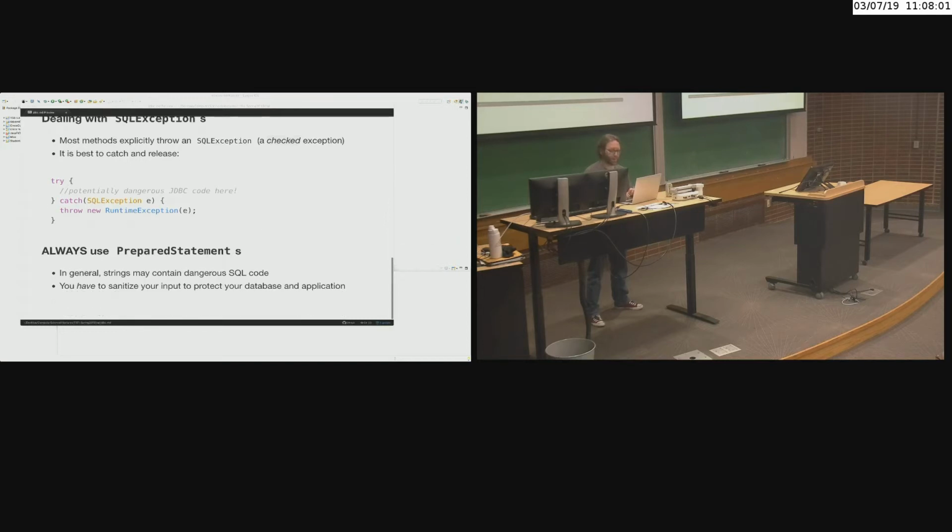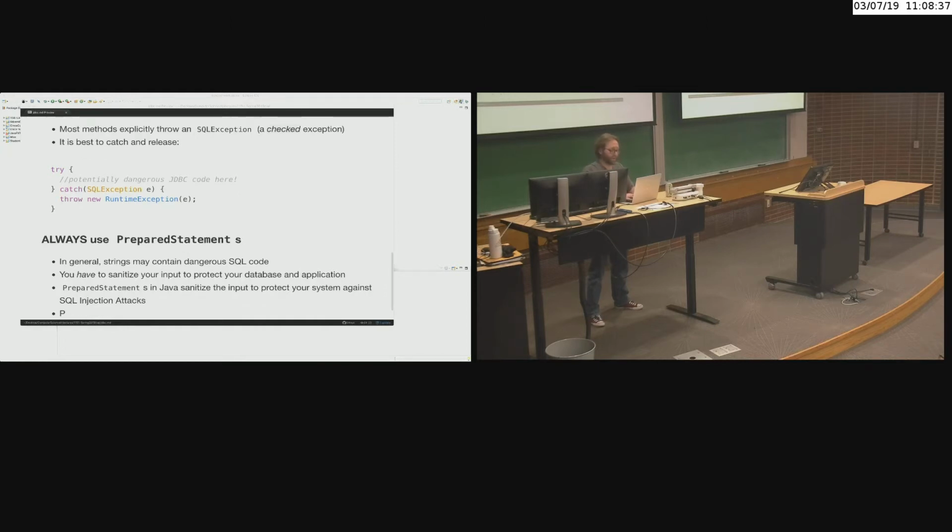So always use prepared statements. Prepared statements, or statements, in Java, sanitize the input to protect your system against SQL injection attacks. Right? Always, always, always use prepared statements. So much so that I don't even cover raw statements. Moreover, there's also generally a misconception that prepared statements are somehow less efficient, but that's actually less true. Prepared statements are actually more efficient